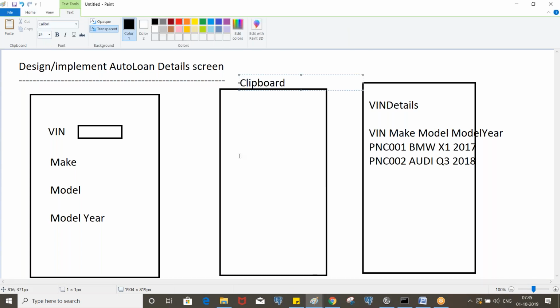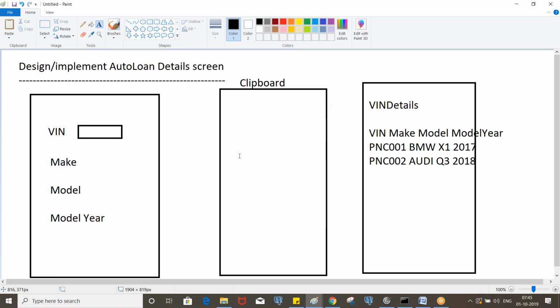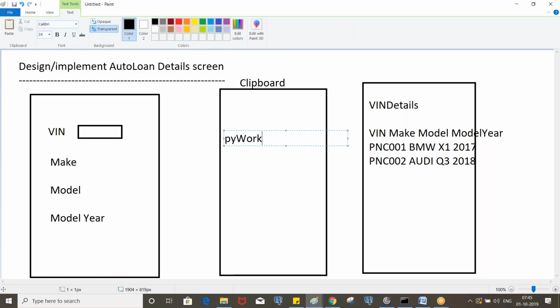On the clipboard, the pyWorkPage, right? If it is UI data, it will be available on pyWorkPage. If you change the value again, it will be posted to the clipboard and available on pyWorkPage.